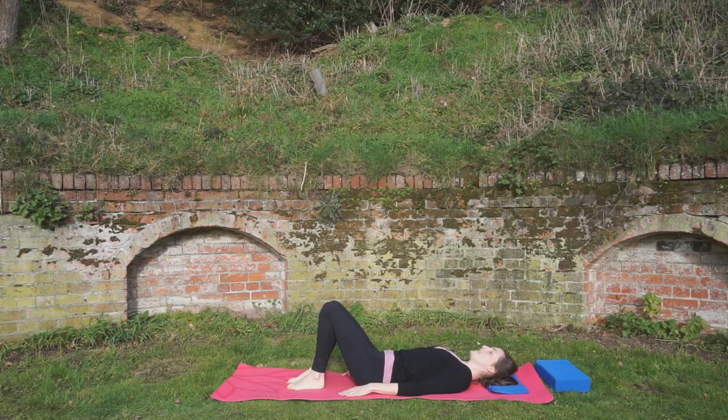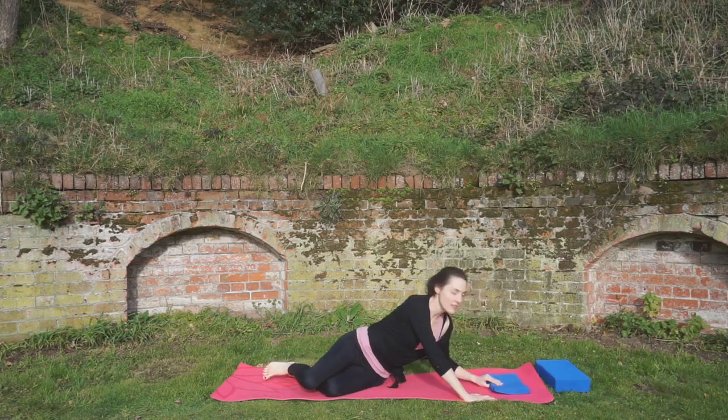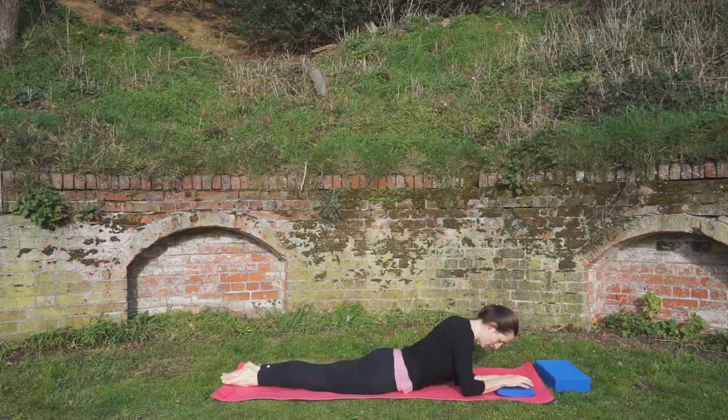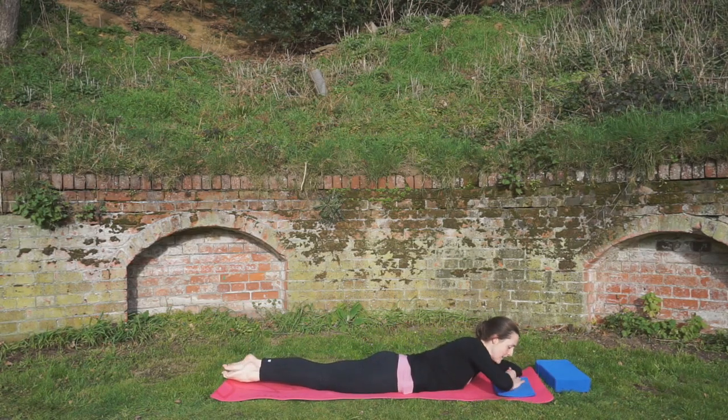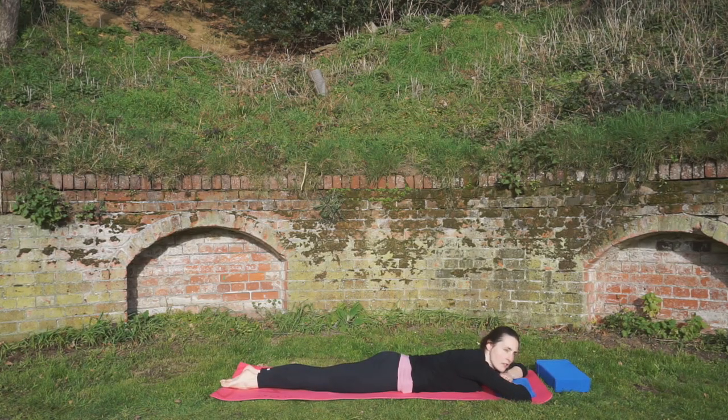Great. Okay, so we're going to come round onto our fronts now. We're going to come round onto our tummies just to work our bottom muscles a little bit more. So if you come round onto your front, we can relax down here just with our hands resting onto our forehead. Now, just because we're on our fronts doesn't mean we want to forget about keeping our neutral spine position and engaging through those abdominals as well. So just imagine you're lifting that belly button up in towards your spine,